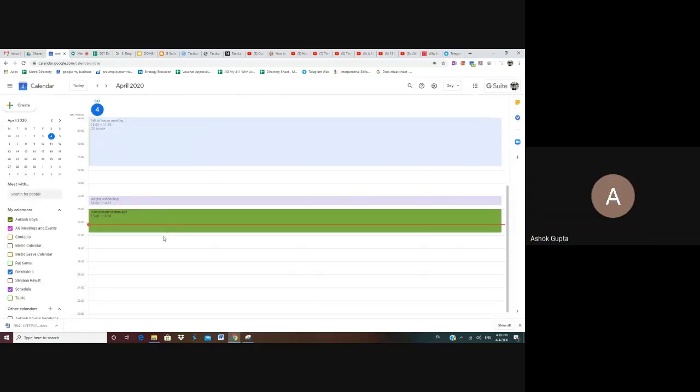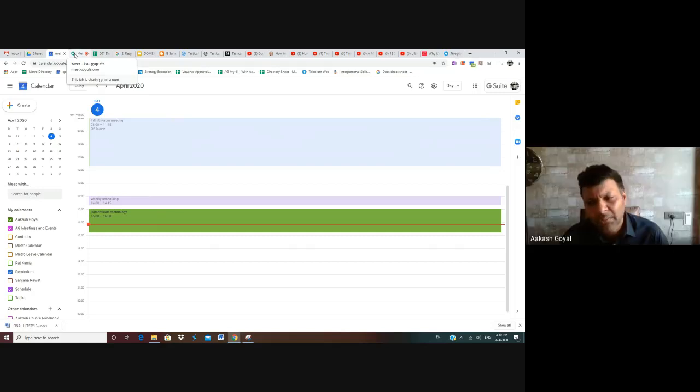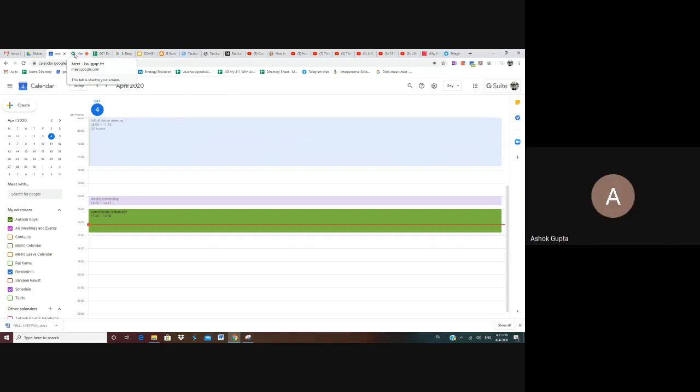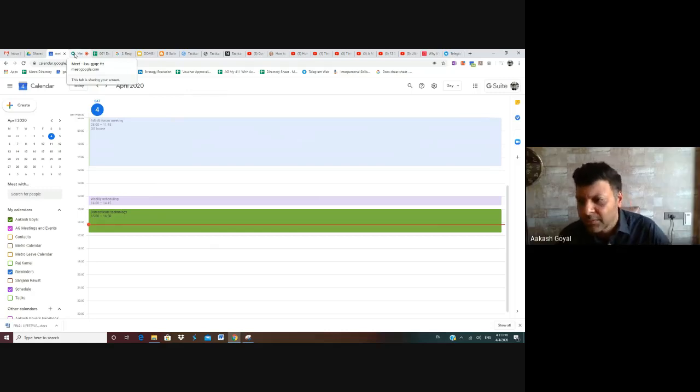Akash, this option of email is not available in my settings. Is it available with G Suite or something like that? No, it is available in all. It's available by default in Google Calendar. I checked mine. I couldn't find it. So if you could park your question, we can come back to it and see your screen and figure it out. Sure.